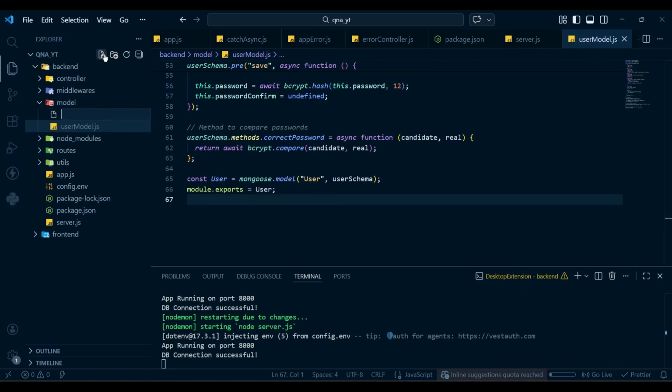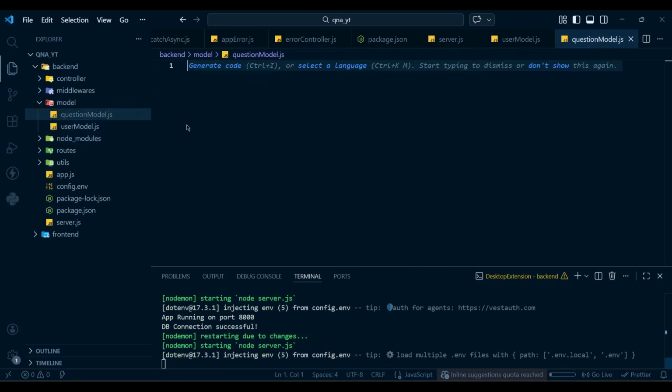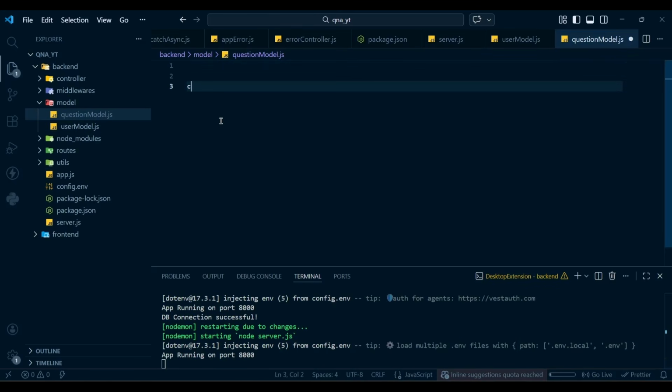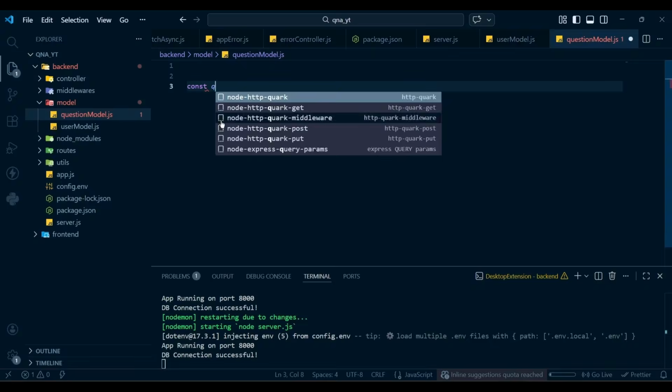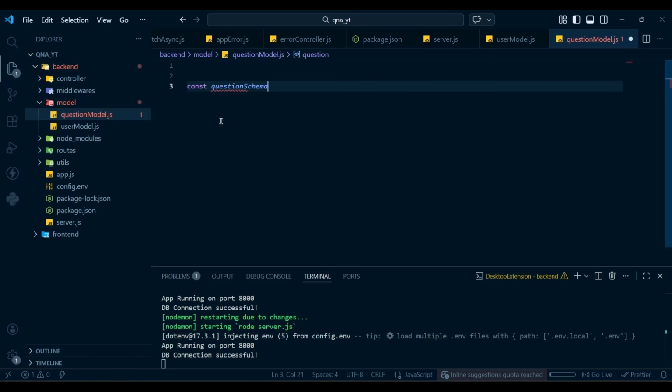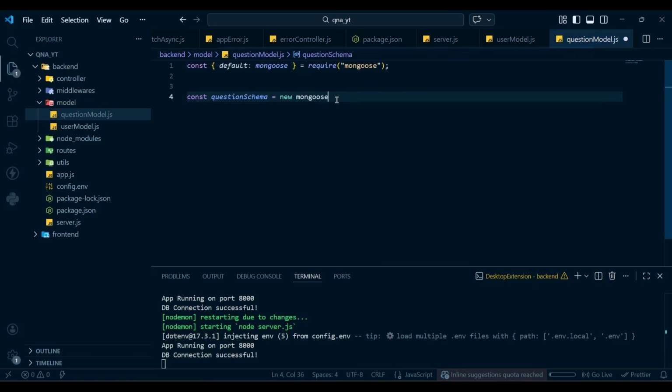In the model folder, I'm going to create a questionModel.js, and here I'm going to use const questionSchema will be new mongoose, so let's remove this, and new mongoose.Schema,